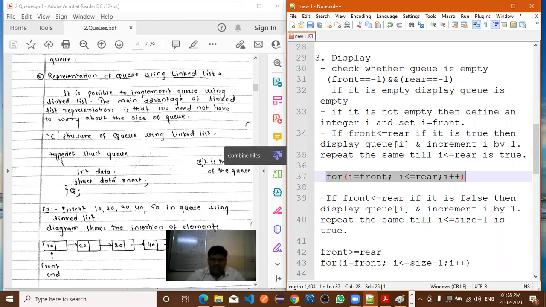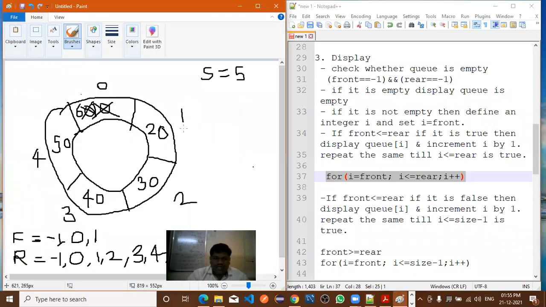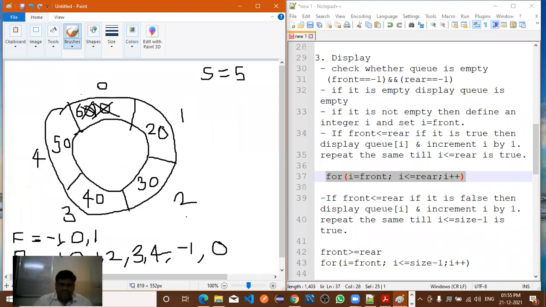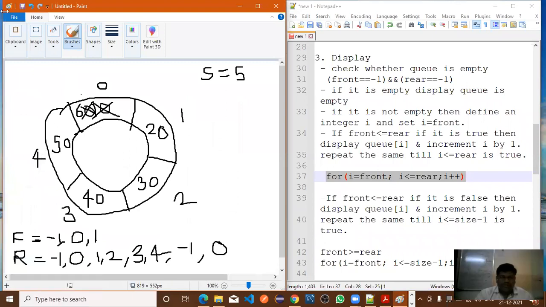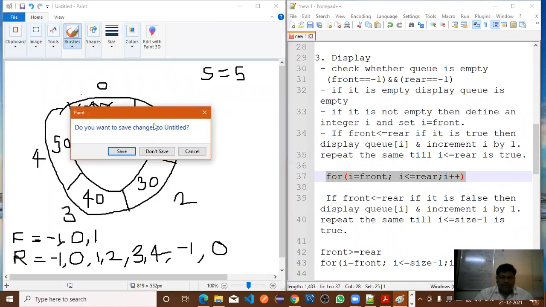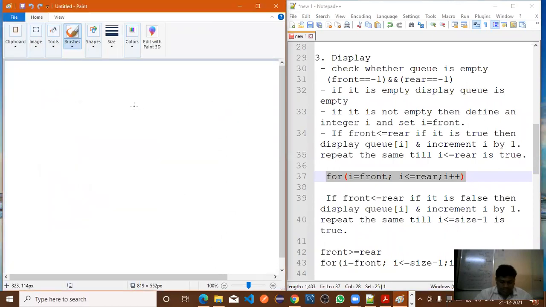Now for example, let me draw the diagram so that you are able to understand. We'll see all the concept, right?